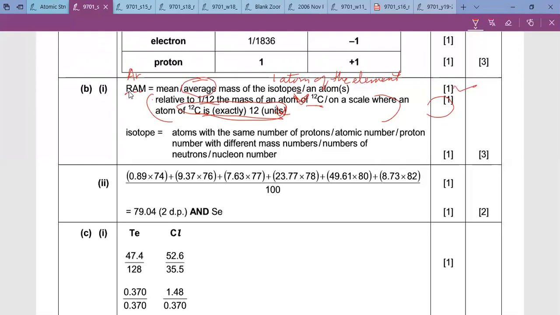Isotopes: atoms with the same number of protons, or proton number, or atomic number, all the same, but different mass number, or number of neutrons, or different number. Same, isn't it? Okay. Now they are very